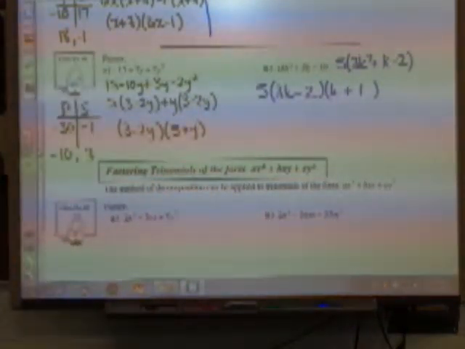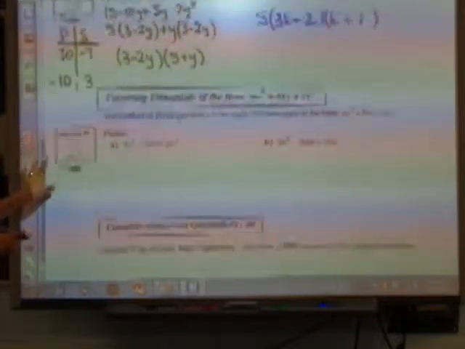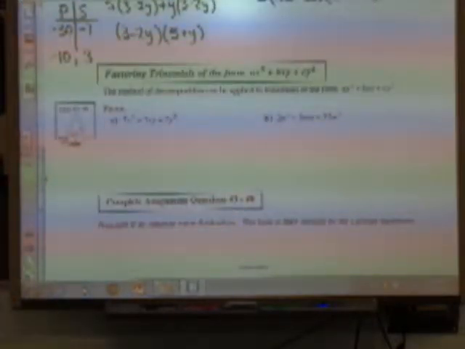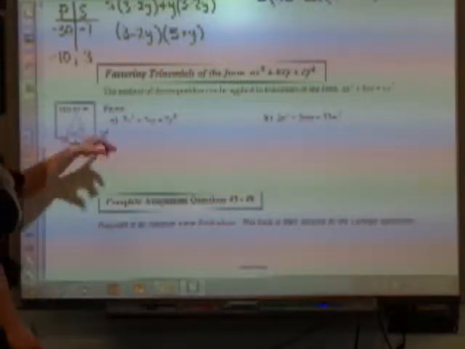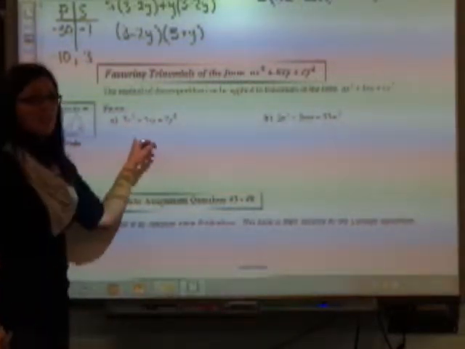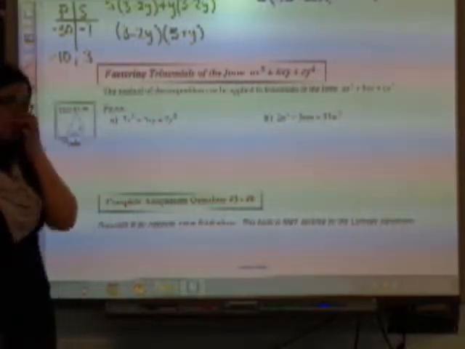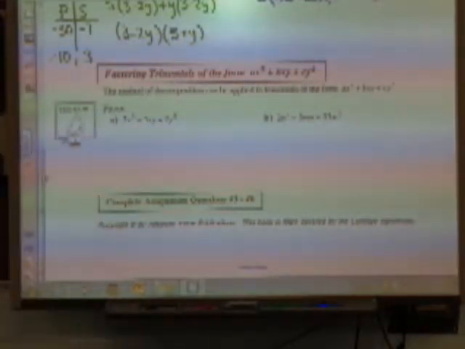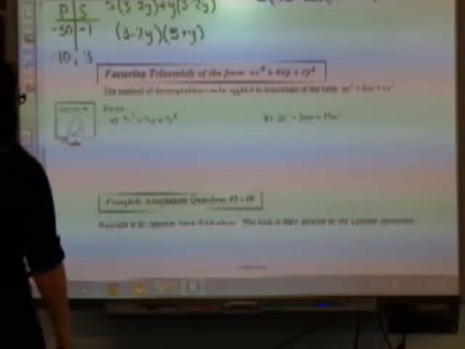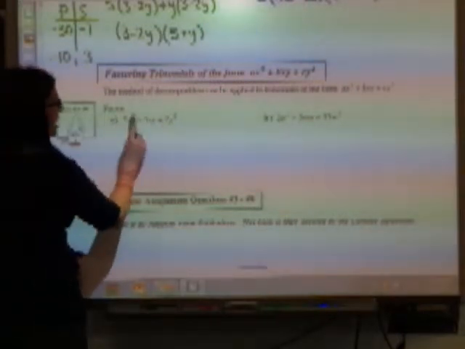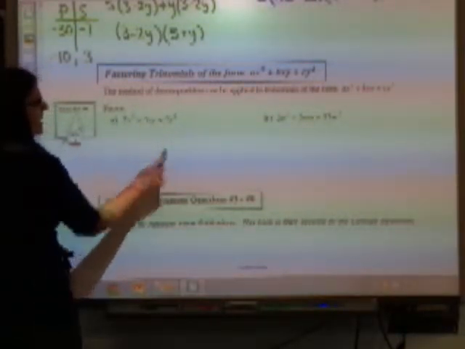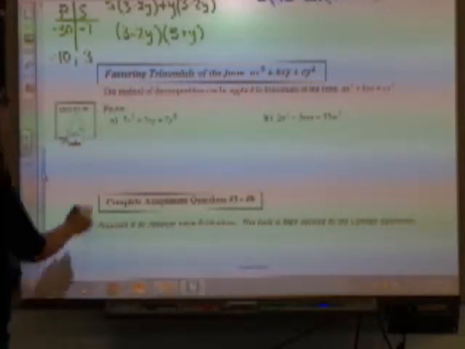Okay? Class example number 6 just throws in an extra variable. Instead of just having x squared, I now have an x squared and a y squared. I can factor these using the exact same methods as before. In this one, because I've got a prime number here and luckily enough a prime number there, I can use